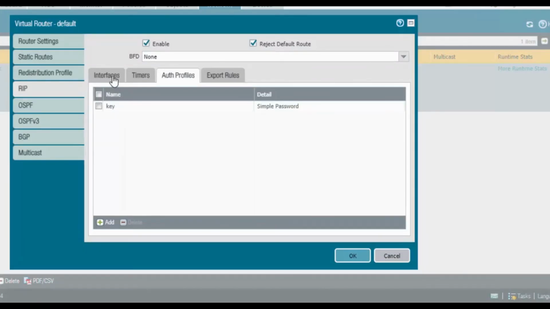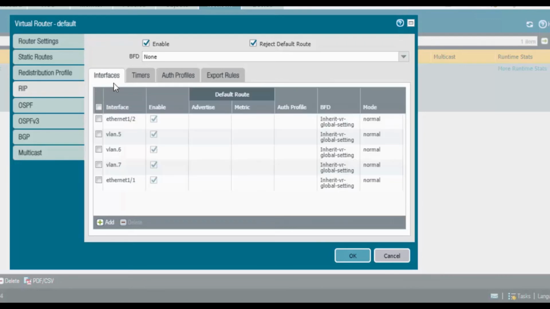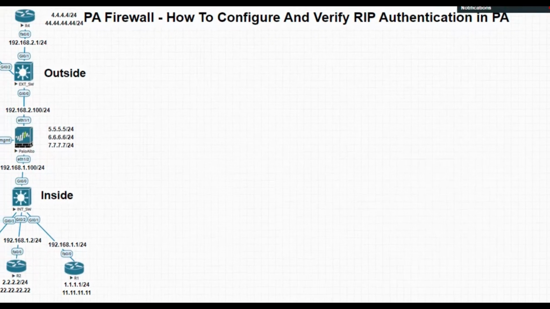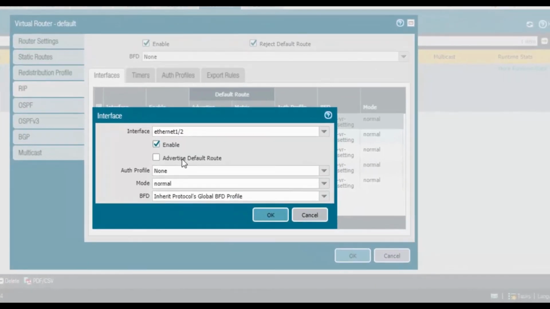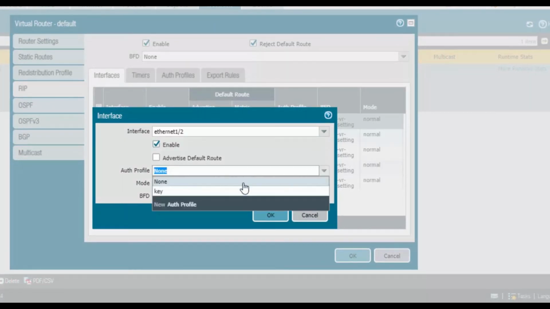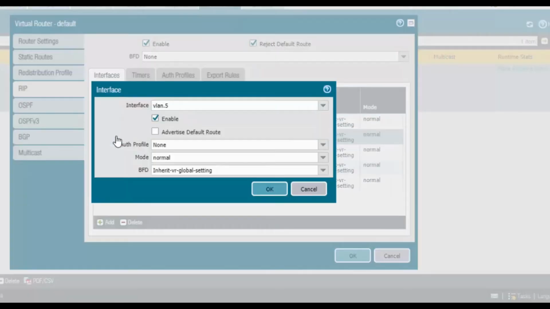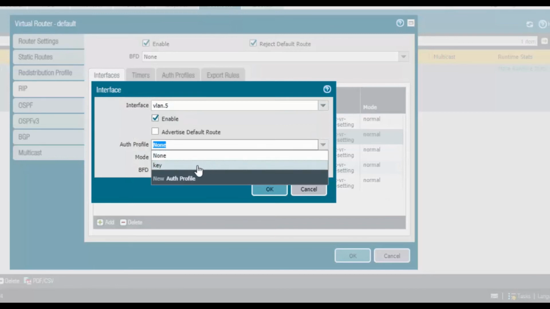Now I need to go to each interface and attach that auth profile to the interface. Go to 1/2, that is my inside interface, and the auth profile is none. Select the drop down and select the auth profile we have created, that is key. Click on OK and go to the VLAN. Select the auth profile as key.